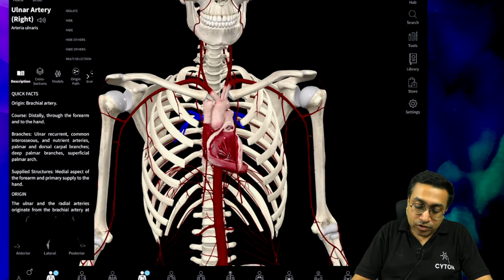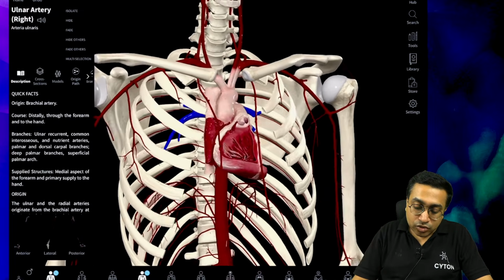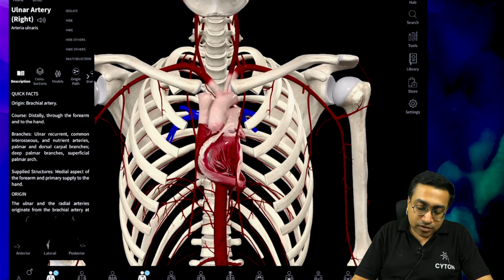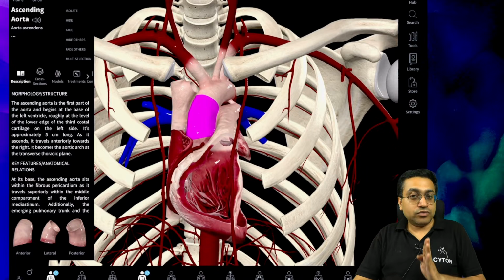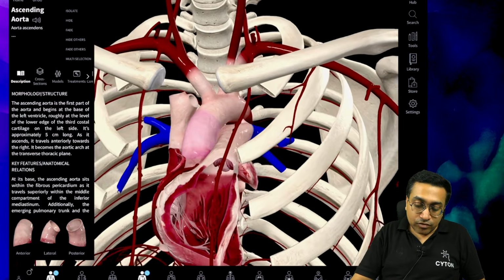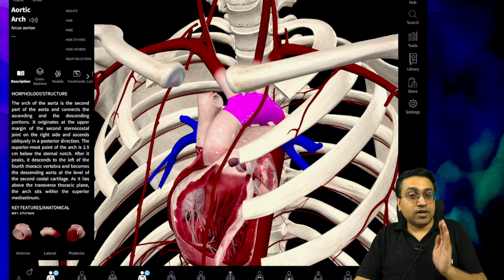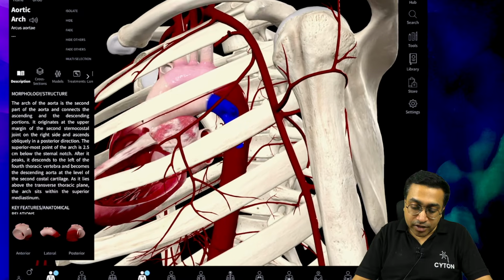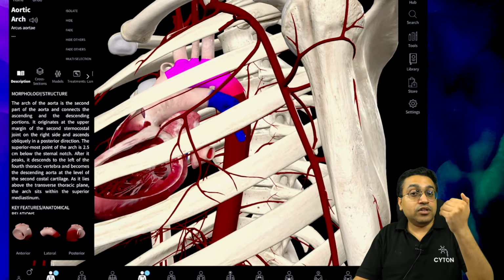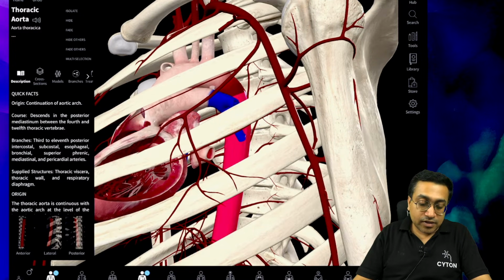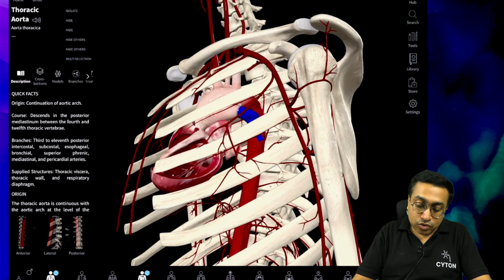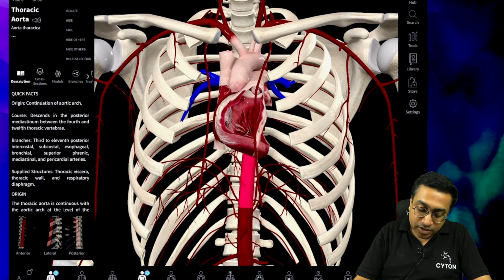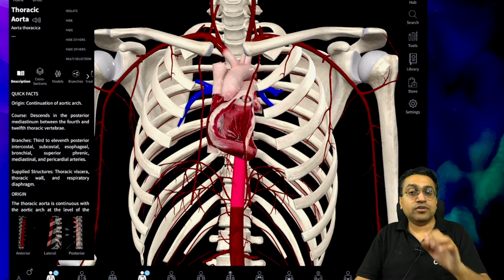Next we come on to this thorax. So thorax is very easy. If you see, this was the ascending aorta which was just arising, then there was an arch which was formed. This is the arch of aorta, aortic arch. Then if we turn it in this manner, you can see it is in the posterior aspect, we can see this is the thoracic aorta. So thoracic aorta, if you can very well appreciate, only this part is the thoracic aorta.